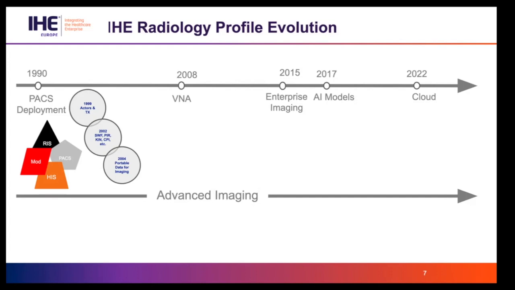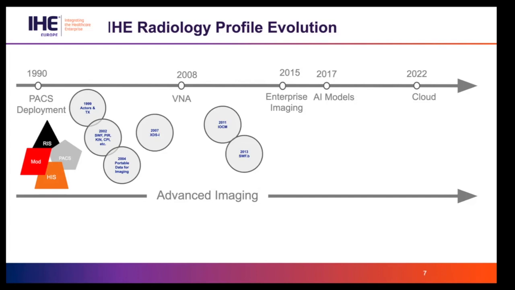That caused the creation of the very first IHE Radiology Technical Framework, with the definition of the Scheduled Workflow profile, which was fairly quickly followed by a number of others, including consistent presentation, exchange of portable media, and